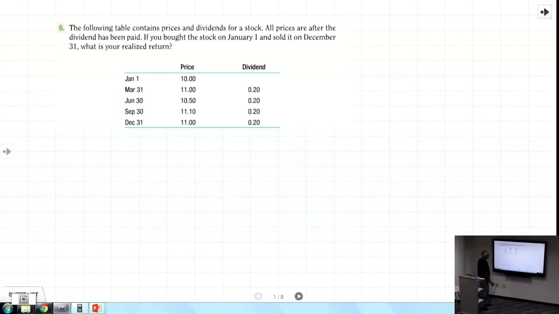And the realized return, what it is generally alluding to over here, is calculate your geometric return. In other words, had you invested $1 at the beginning of the period, January 1st, and went through all of those changes in stock prices and got those dividends, then what would be your return at the end of that year? So to do this, we have to calculate